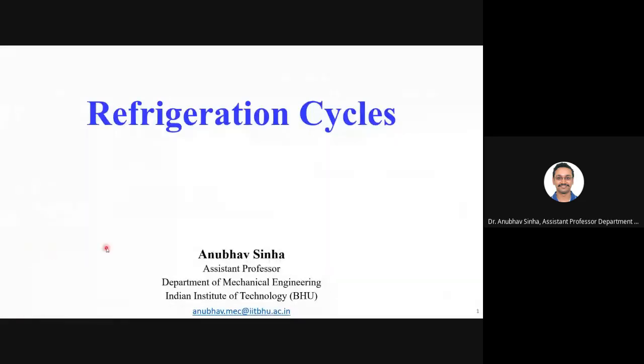So which was actually the first cycle which we came across where we see phase change? Earlier when we talked about gas power cycles, all the processes were in gas phase only. But in vapor power cycle or Rankine cycle, we saw that there is also a phase change involved for some of the processes. So similarly, we'll now talk about refrigeration cycles, and this also involves a phase change. So we'll see how it goes.